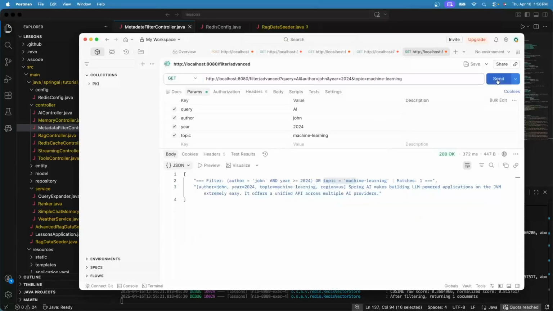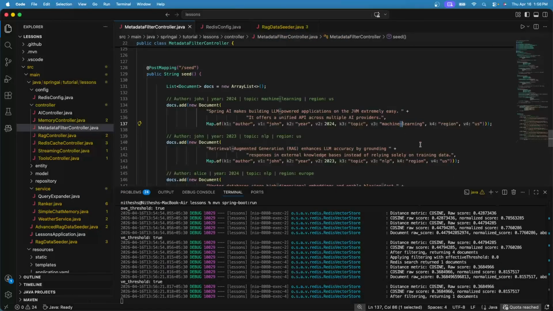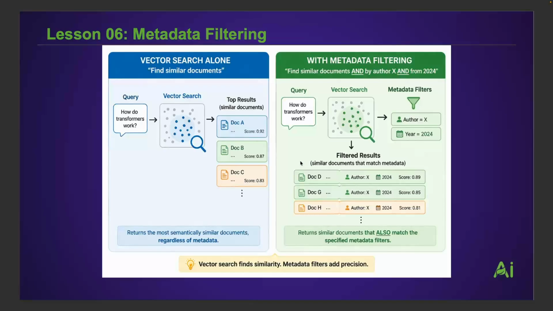Let me hit the API. We just get one result. Because of this hyphen, we are not getting the documents with topic machine learning. So make sure whenever you are specifying metadata, avoid special characters. So we wrap up this metadata filtering lesson here. We'll see you in the next one.